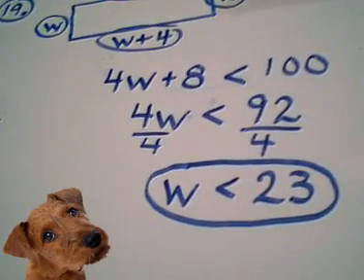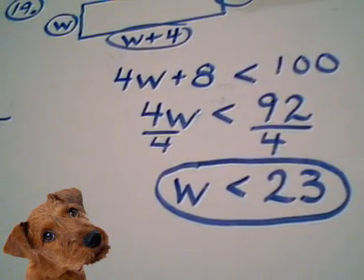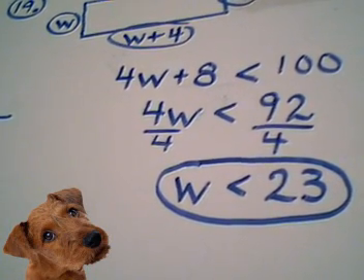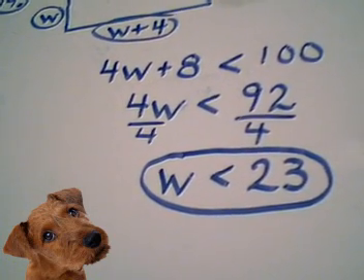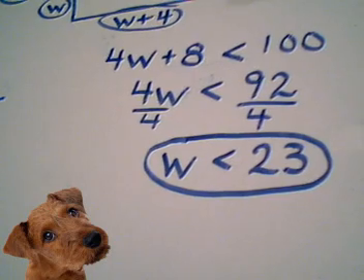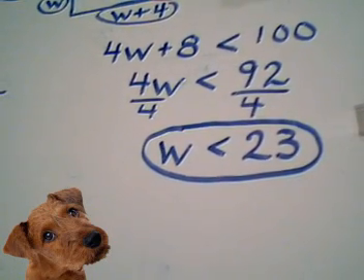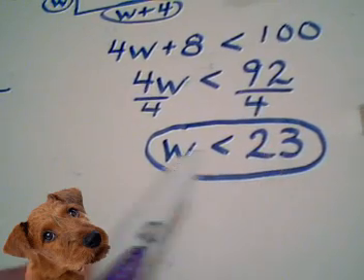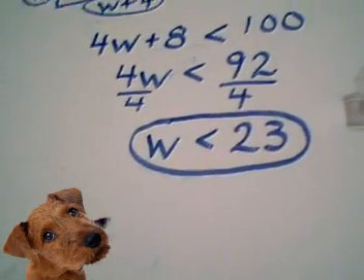In this problem, the values of W that would make the perimeter stay less than 100 feet are numbers that are less than 23. Now, there's something that I want to point out to be completely correct in this. Even though an answer like this on the test is acceptable, something that would probably be even better,